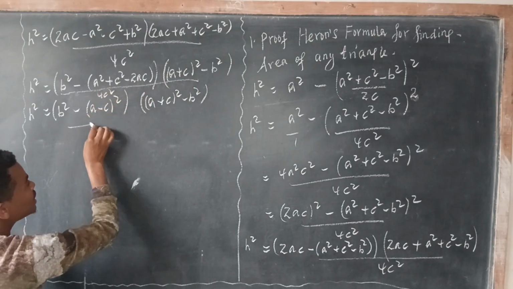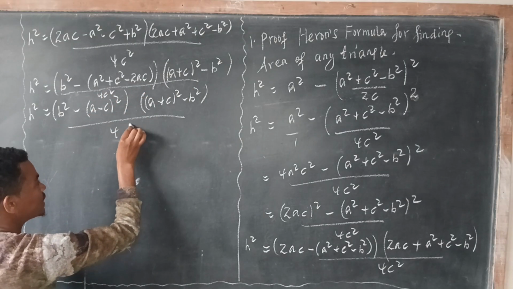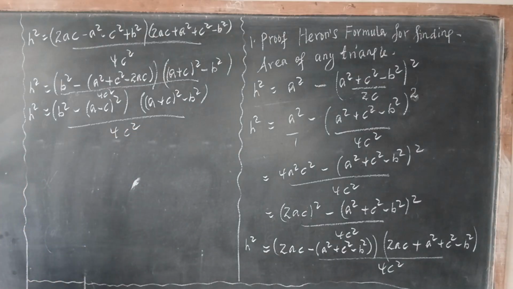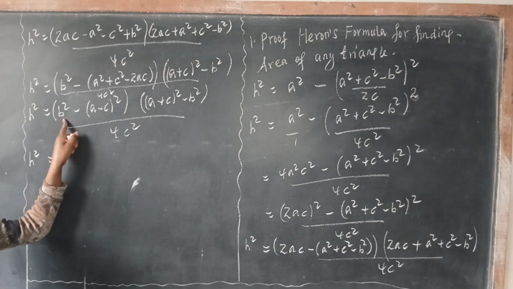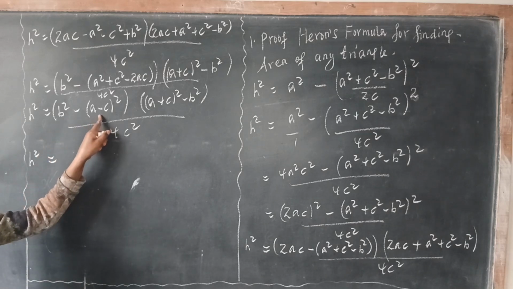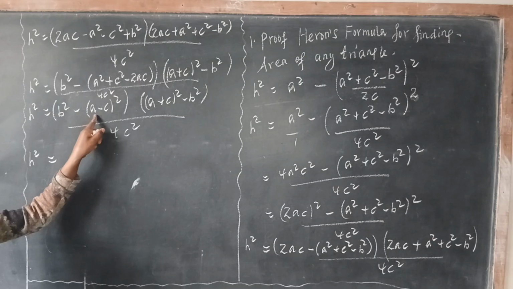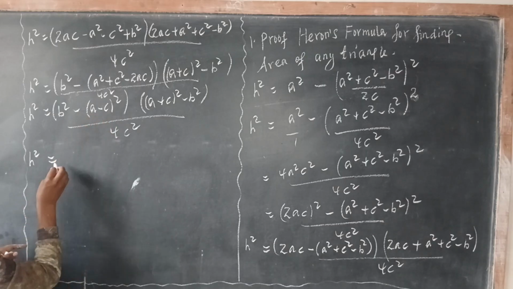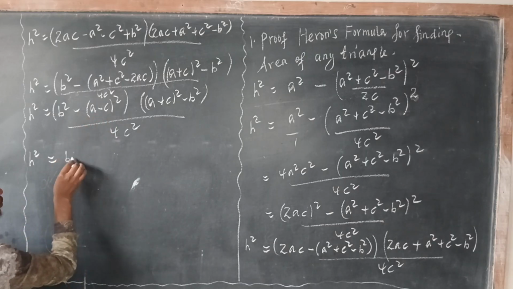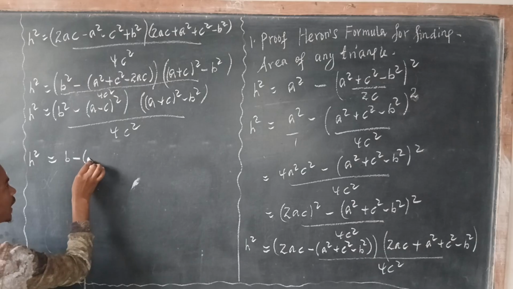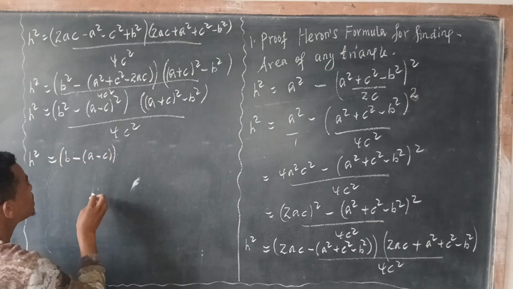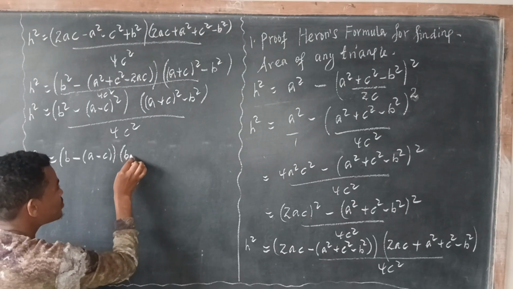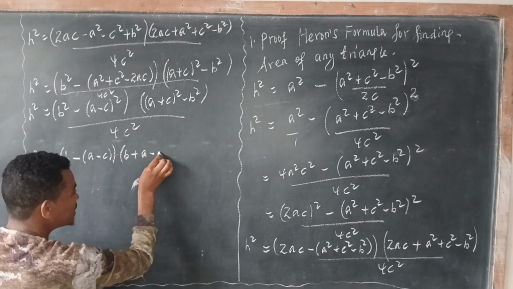Now this is the same with h square is equal to a square minus b square form. So b square minus a minus c the whole square, what can we do? b minus a minus c times b plus a minus c